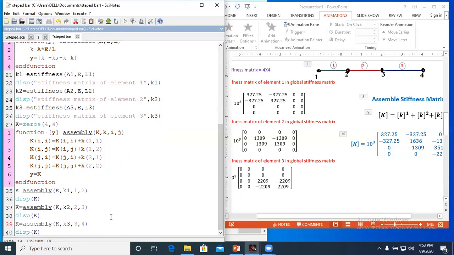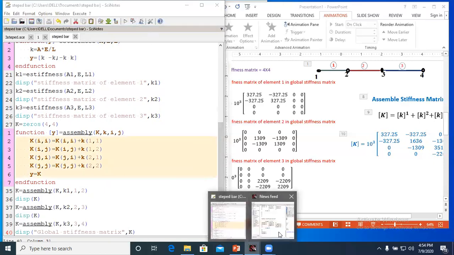Okay, now you can get the assembled stiffness matrix here. You check it. I will write here global stiffness matrix. Next one. Now I will execute it.